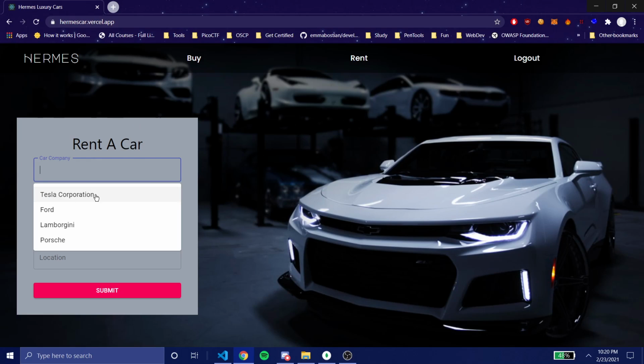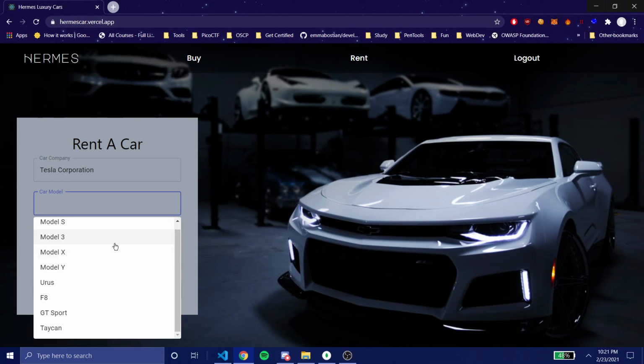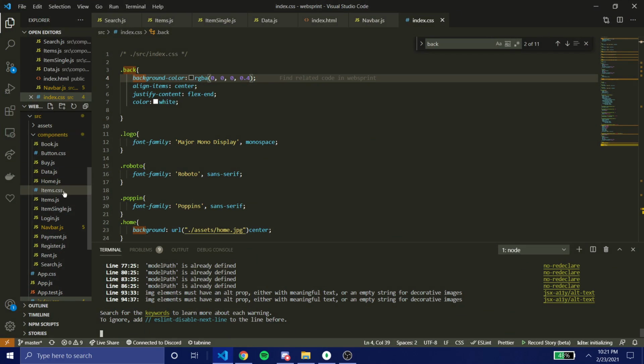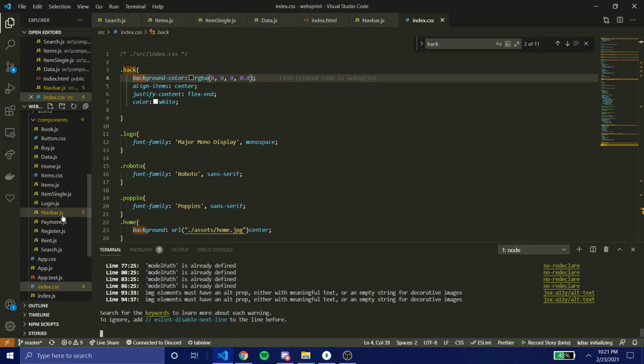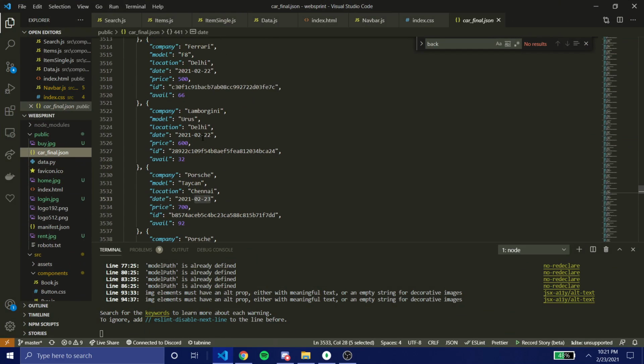Let's take an example of Tesla Corporation, Model S3. Let me take a quick look at which one to choose, because there are a lot of options available to us. I need to make sure I'm taking a valid option because I can't manufacture the database rapidly, so I'll take an already predefined set.